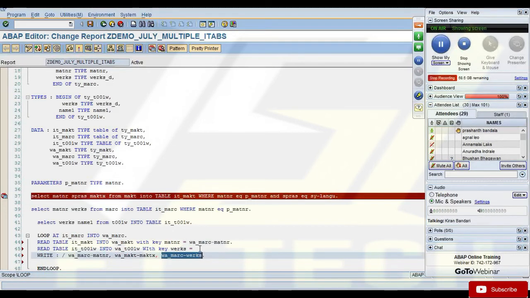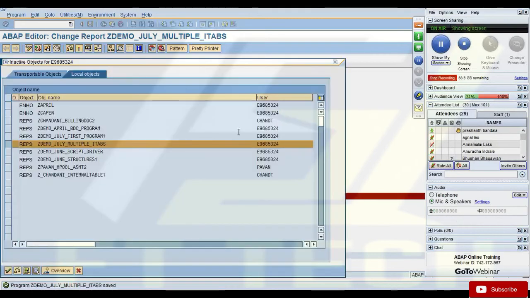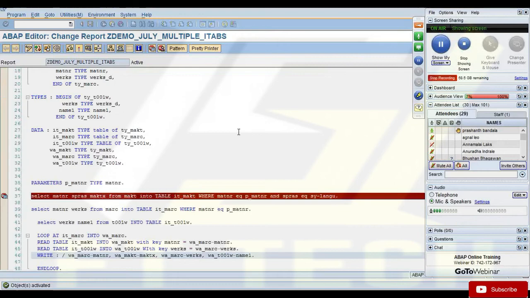Right? Yep. And here I'll print WA_T001W-NAME1. Name1 is the field which has your plant description. So now if you see the output,